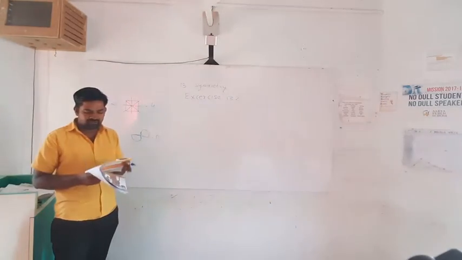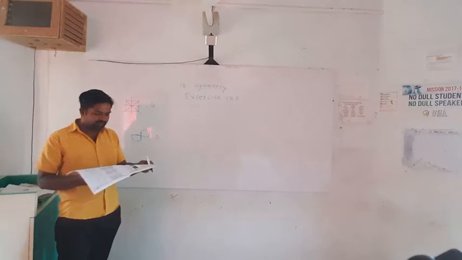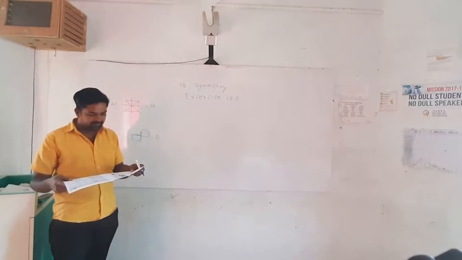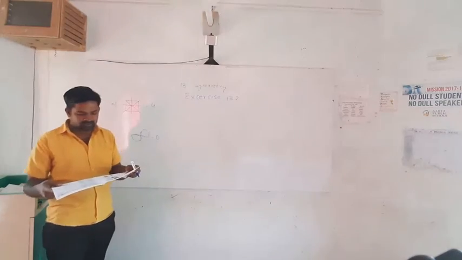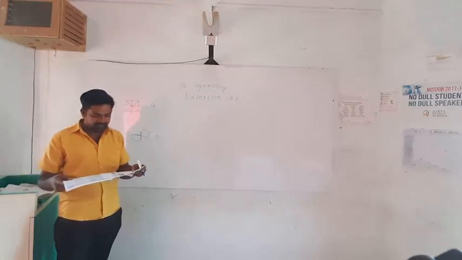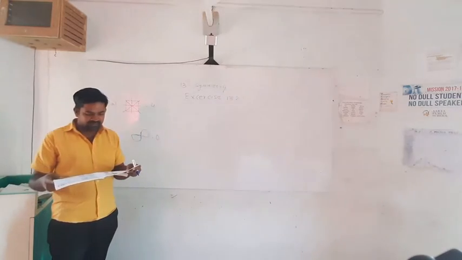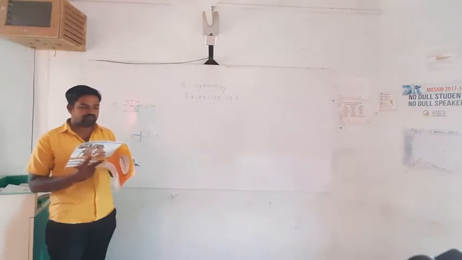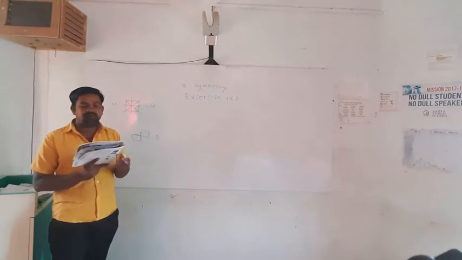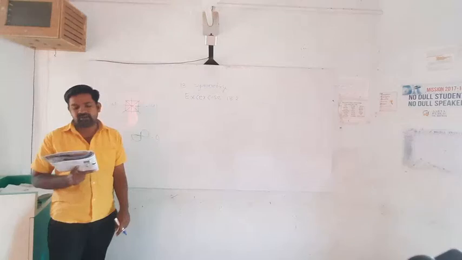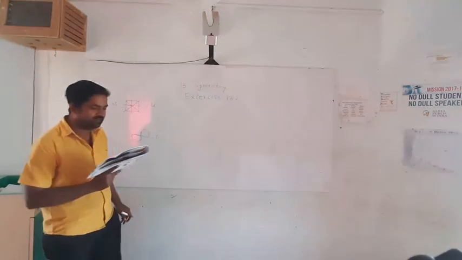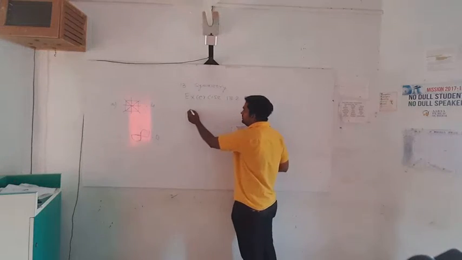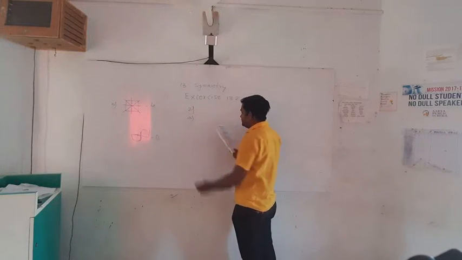Now see question number two. Copy the triangles in the following figure on square paper. In each case draw the lines of symmetry if any and identify the types of triangle. So here they have given triangle pictures and we want to find which type of triangle each is and how the line is symmetrical. So now see the first triangle.